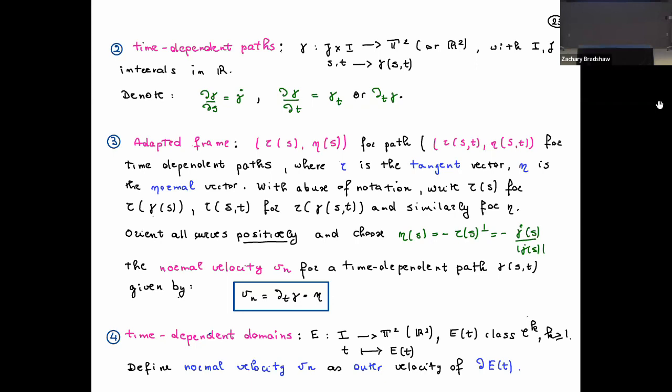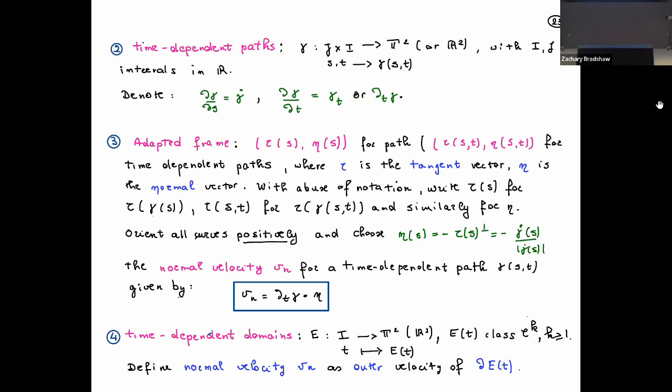Now this is a map on the cross product of 2 time intervals into the torus, or you could do the construction also on R2 here. All our constructions are local. So you can think that they are in the torus or in R2. It's the same thing. Then the notation would be that every time you see a dot, that's the derivative along the curve. And if I put a subscript t or a partial derivative, that's with respect to time.